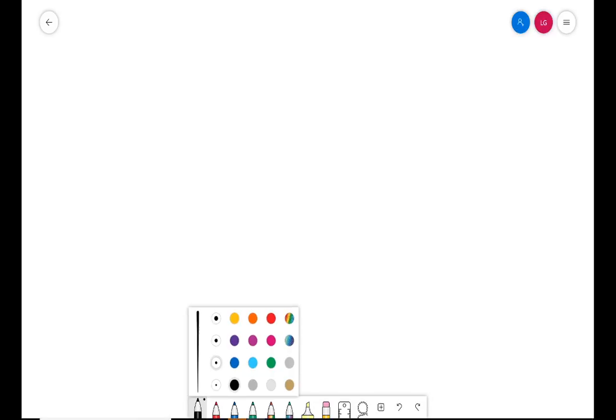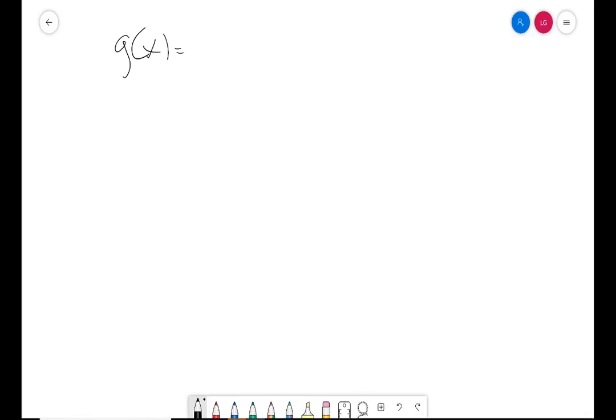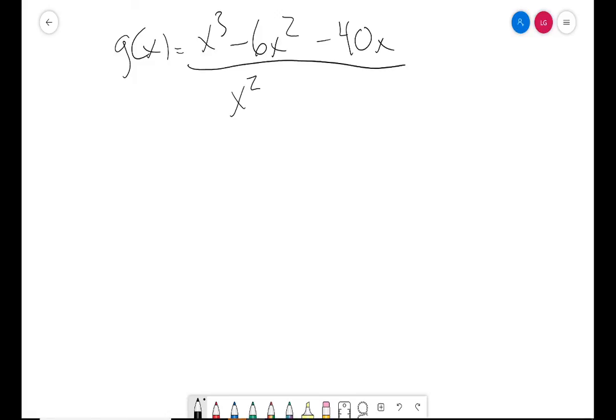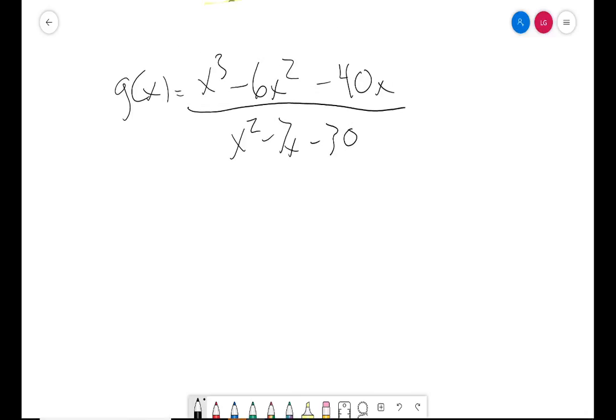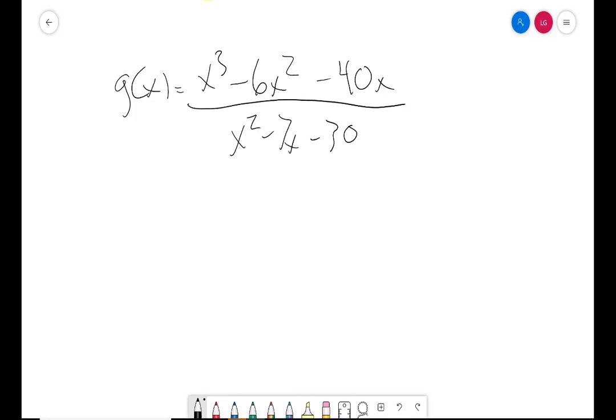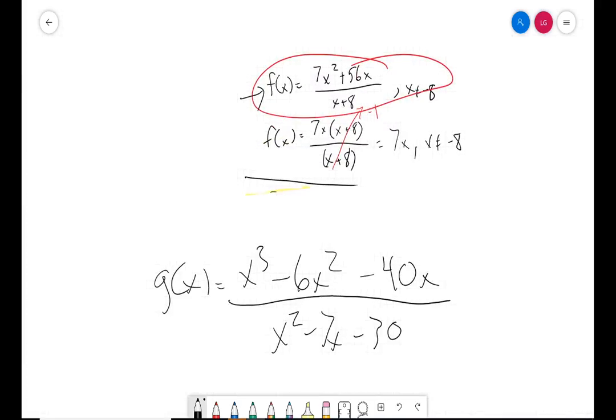All right, let's do a couple more here. Let's see here. How's this? g of x equal to... okay, sit with it, read it. We're talking about a new function g of x equal to x cubed minus 6x squared minus 40x